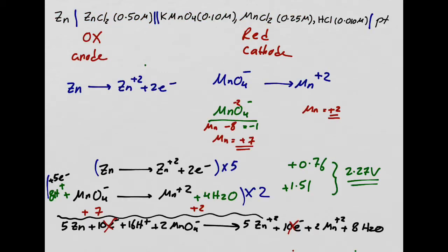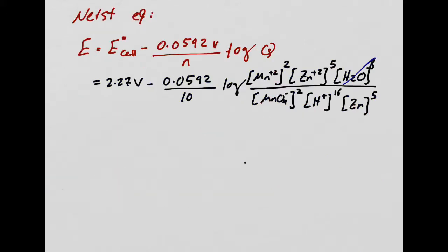Again, how did I get those coefficients? Don't forget all of these coefficients over here, right? These are all the coefficients that I got. Now, I cross out that water because it's liquid. I can also cross out that zinc because solids and liquids are not part of the equilibrium. So let's do this. I know this is crazy. Don't worry, we're going to do a lot of practice problems. Minus